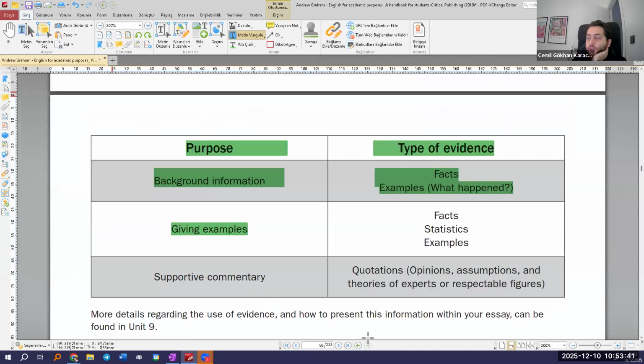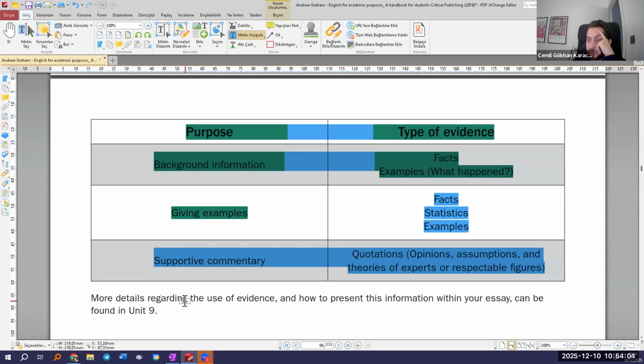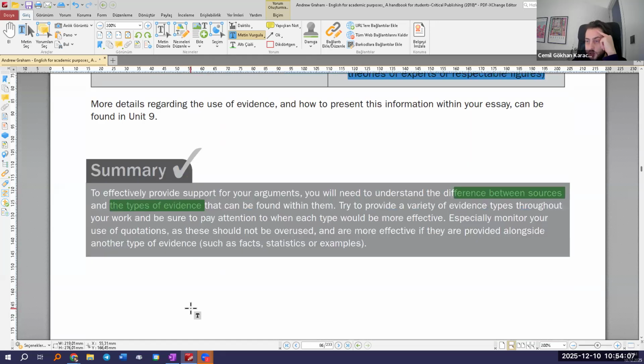So here are some purposes and types of evidence. If you need to give examples, you could give that in the form of facts, statistics, or really examples themselves. Background information comes from the facts and examples, and supportive commentary could be from quotations in the form of opinions, assumptions, and theories of experts and respectable figures. So in short,